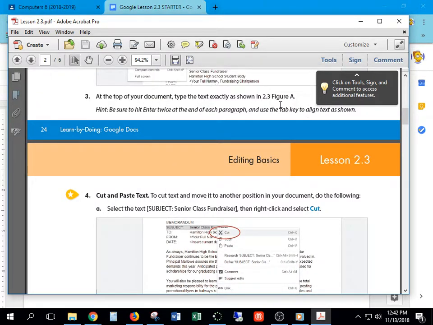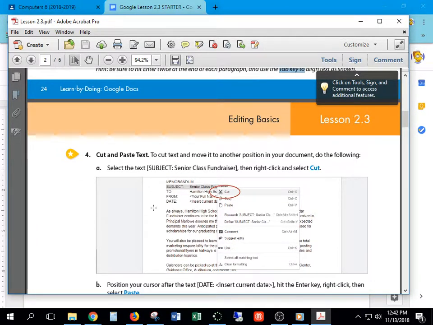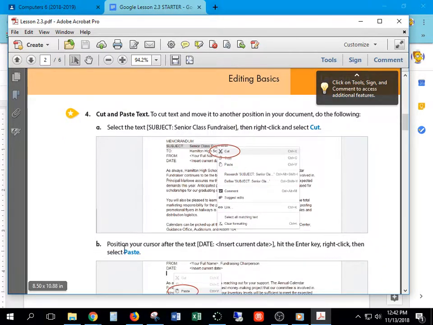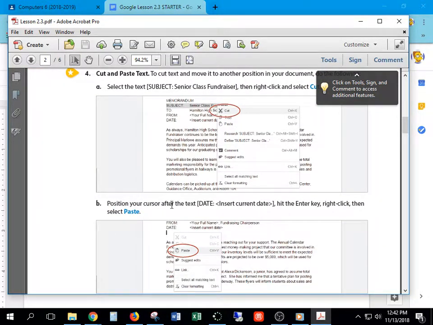All right, we've done that. As I just talked about, there was the tab key to help align those. Cutting and pasting. In our first step here in cutting and pasting, we're actually going to move the subject of senior class fundraiser. All right, we're going to cut it, and as it says here, position the cursor after the text where it says date, insert current date, and we're going to hit the enter key, and then we're going